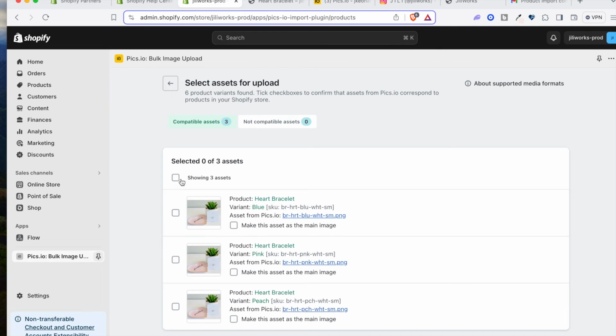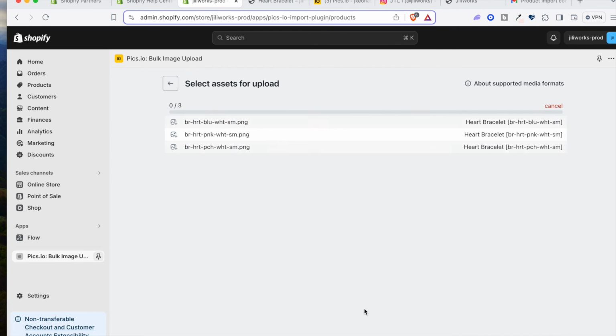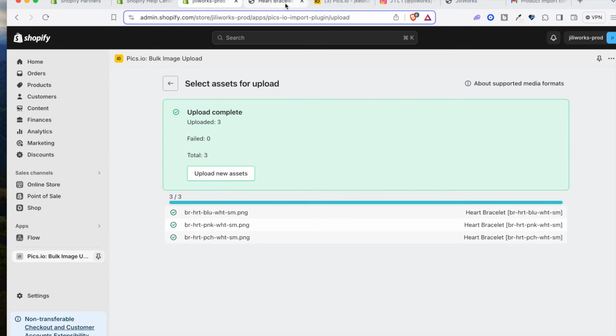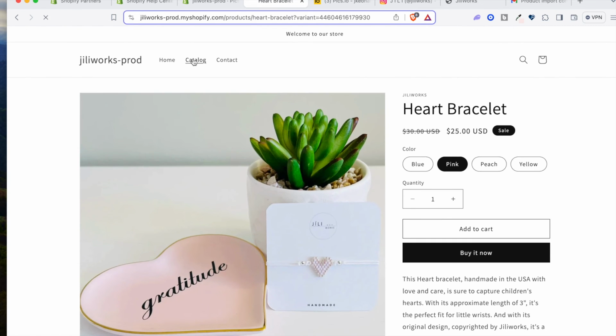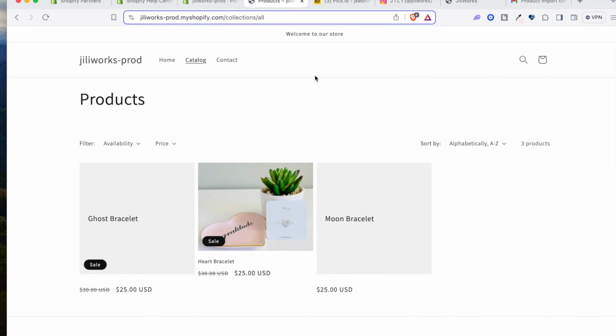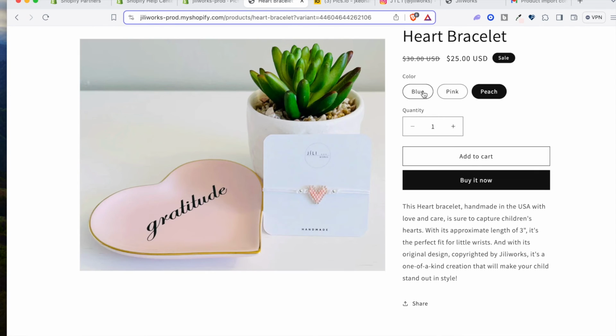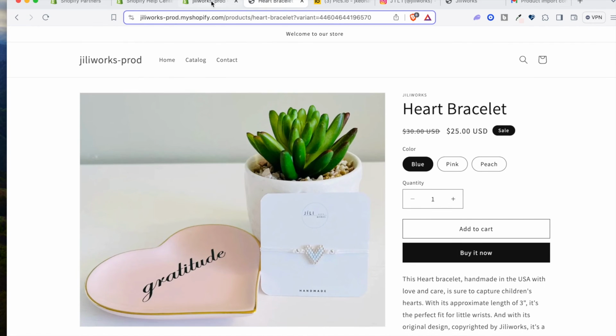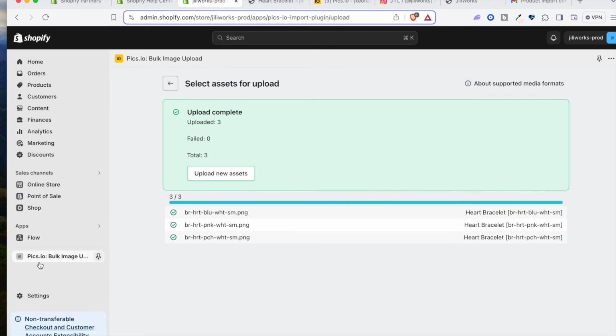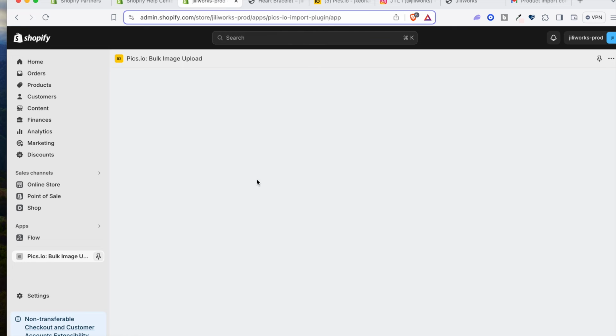I did find the 3 bracelets, so let's take a look. Upload, there we go, looks good. Let's go back here. And now we should see heart bracelet, pink, and peach, and blue. Looks pretty good. Okay, which means we can now do the same for